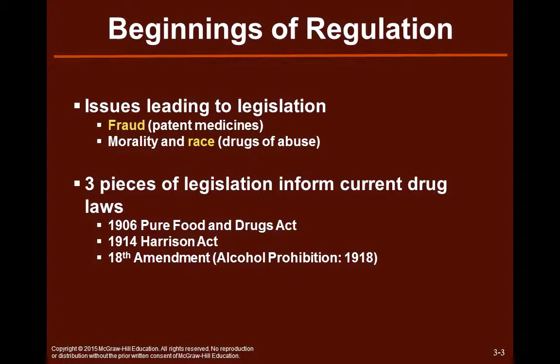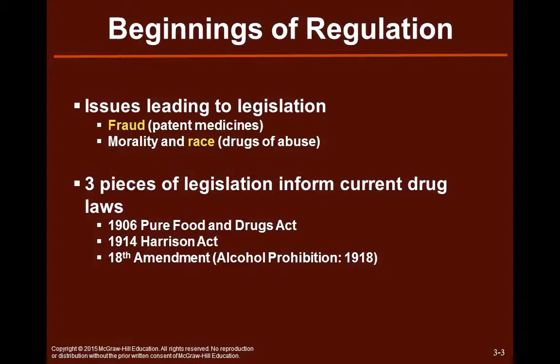Now, if you prepared that medication and sold it, and it ended up being dangerous or hazardous to people's health, there were really no restrictions against that either. So you might lose customers and you might have people who are angry with you, but it was not illegal because there were no laws governing that type of drug manufacturing. So as we look at where this legislation started, there are two really important routes for why we started making these laws. And the first one is that kind of fraud that we just talked about, those patent medicines, the elixirs and tonics that people would create and sell that wouldn't do what they said they were going to do, or would end up being dangerous in and of themselves.